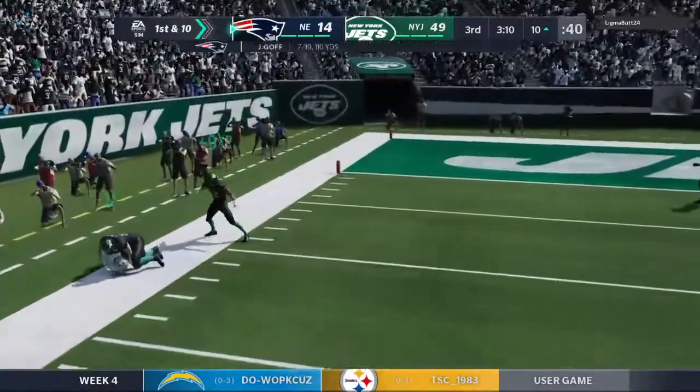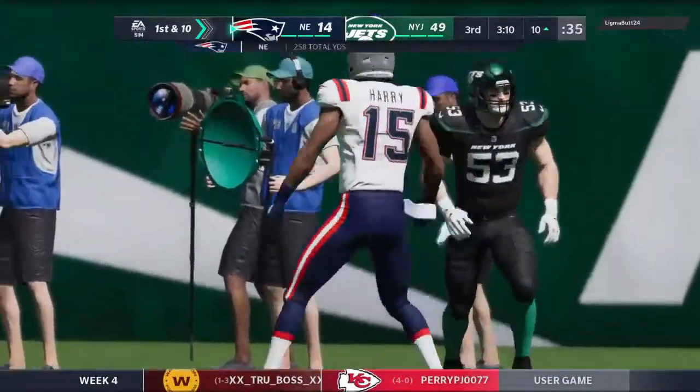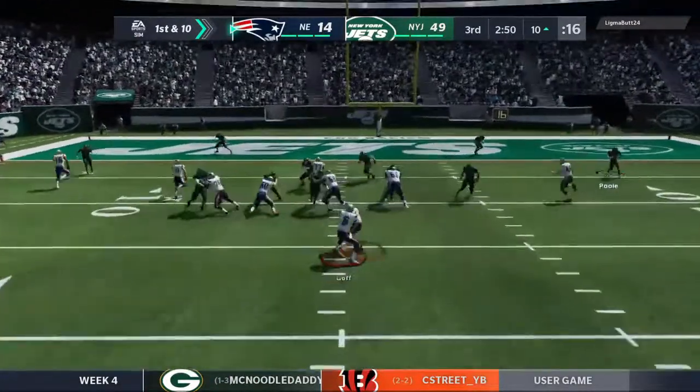This is caught inside the 15. And he is out of bounds right around the 10-yard line. Boy, 30 more yards and another first down. So not quite a 1st and goal. It's 1st and 10 from the...